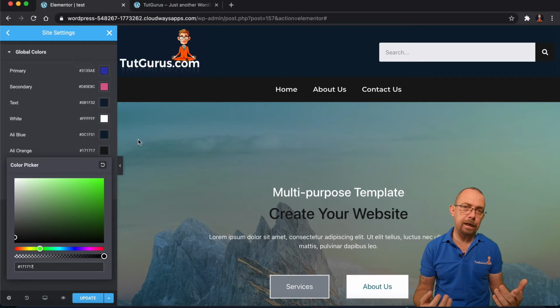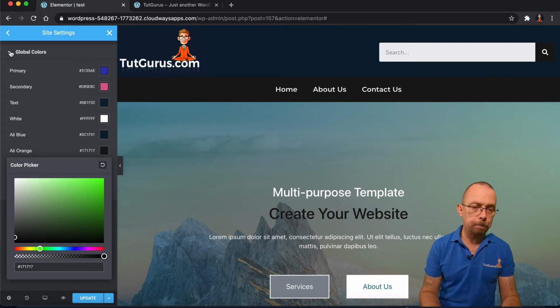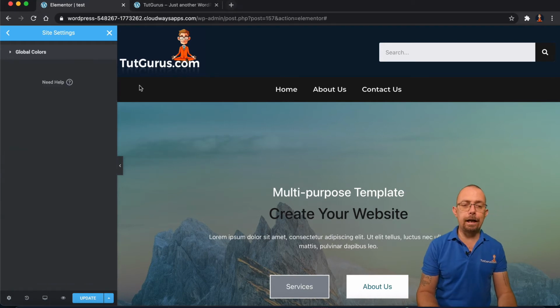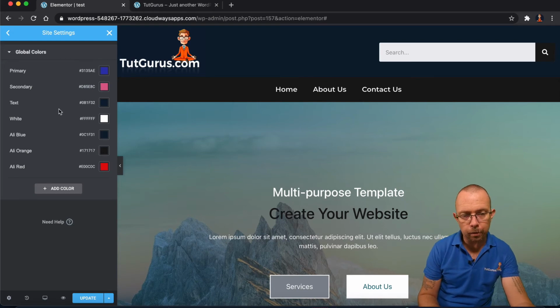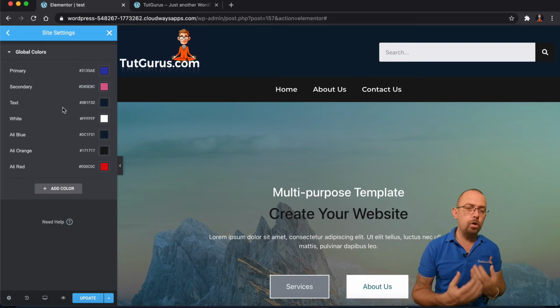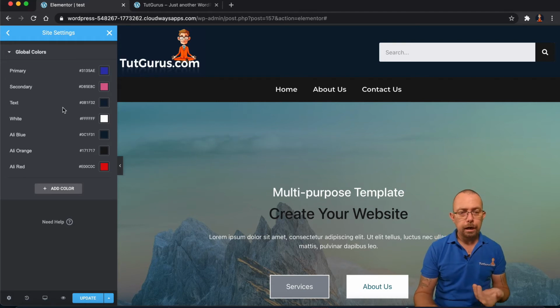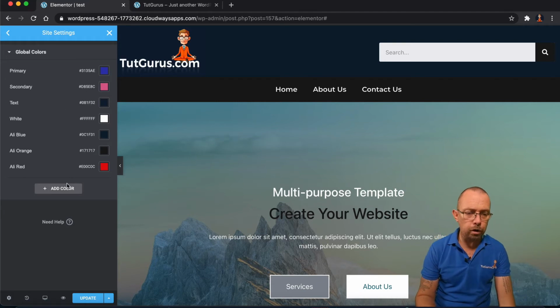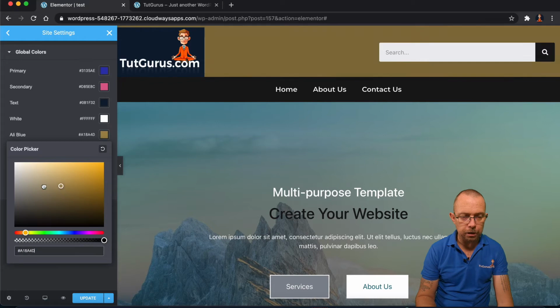Always set them up at the beginning, use the colors that you want, come in here and set up your default branding colors. You can do that by getting hex values. Every single one has its own. You'll notice they have these numbers with a hash before it. You can go to Google, look up hex value colors, find the colors you want, and then you can just choose in here, or you can just use what's actually in here, and you'll notice this hex color value changes depending on what you click on.